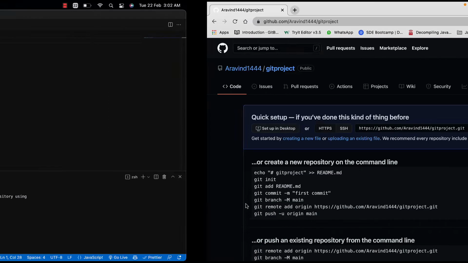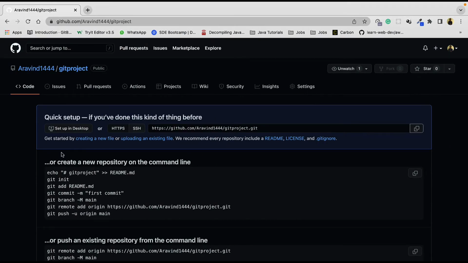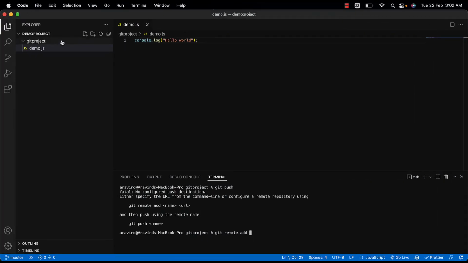So what I'm going to give is the same name that is over here, which is basically our project name also, git project. Then I'm going to give the URL, that is this URL. So now what we have done is we have added the destination URL as this particular thing, and now I'm going to git push